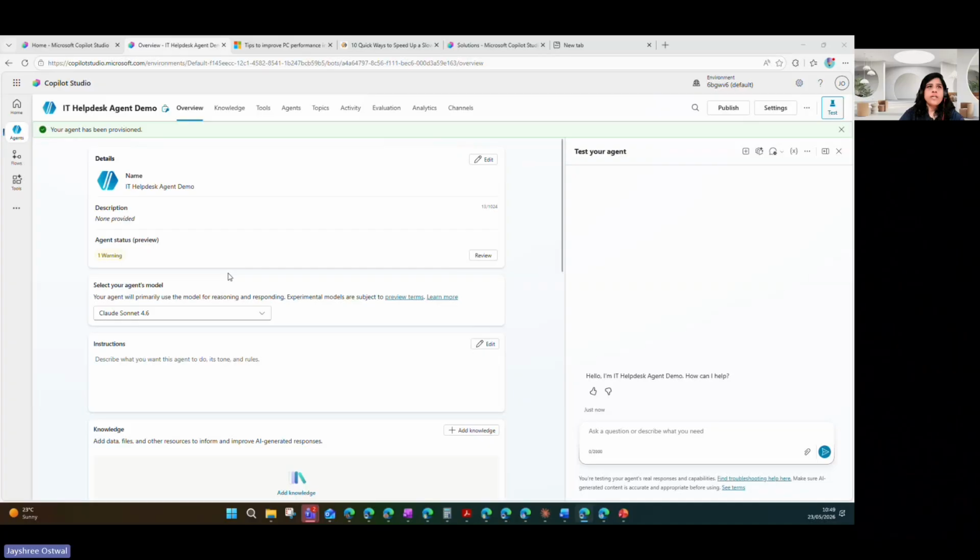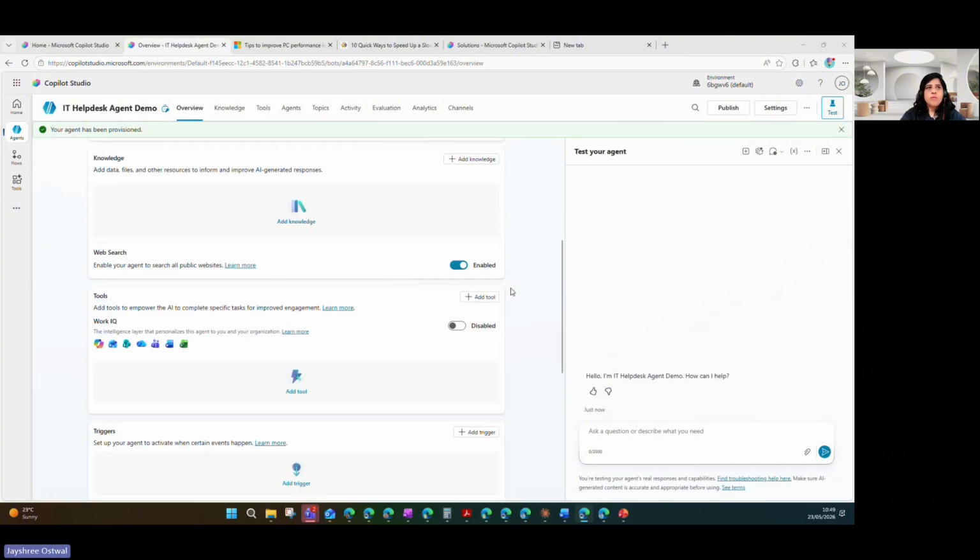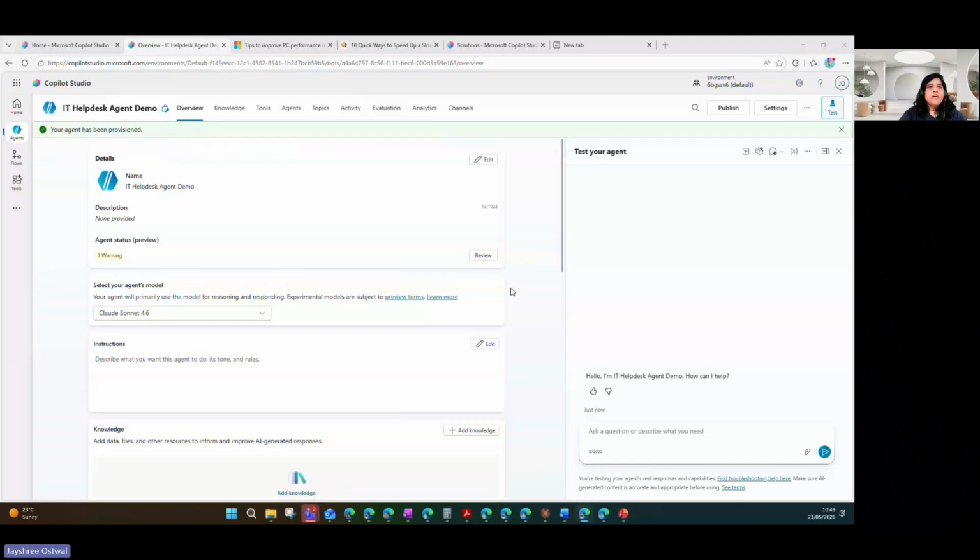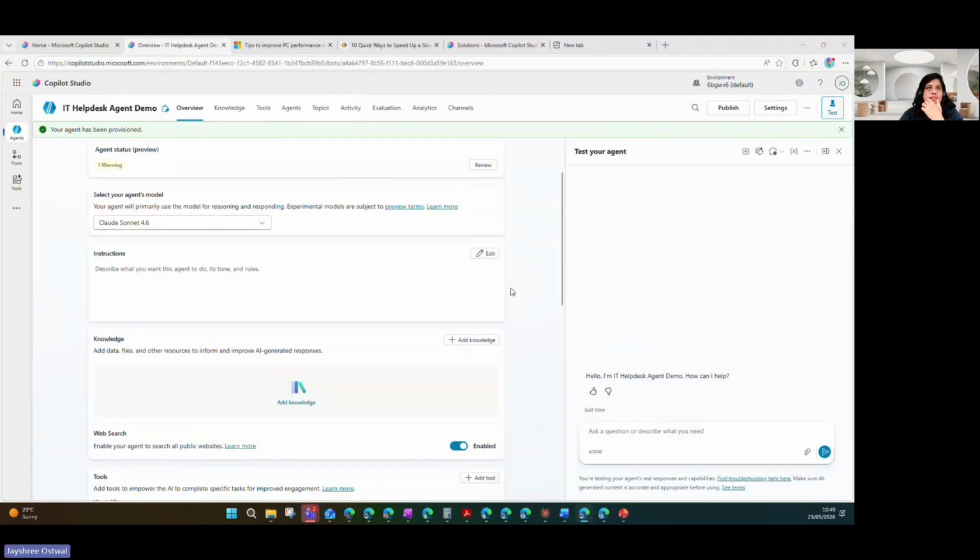However, I want to set it up to my organization's policy now. I don't want to go through the public websites, but some knowledge should be only as per the organizational policies or organizational